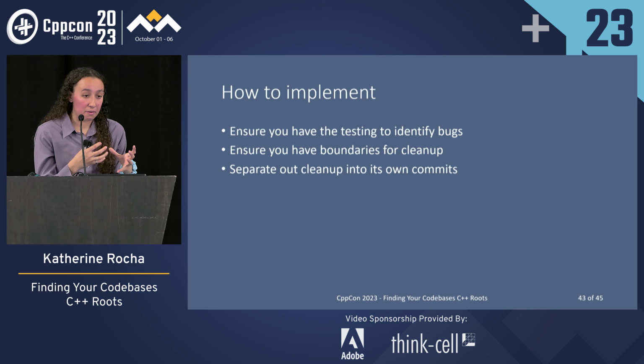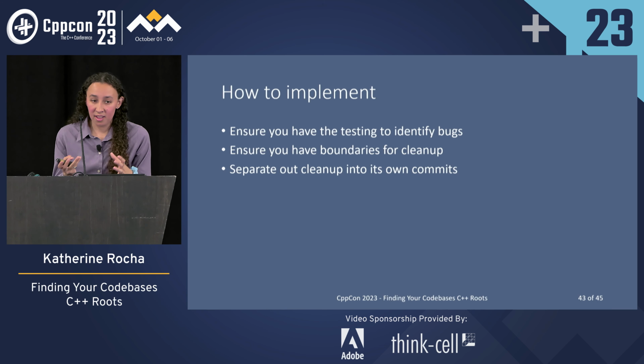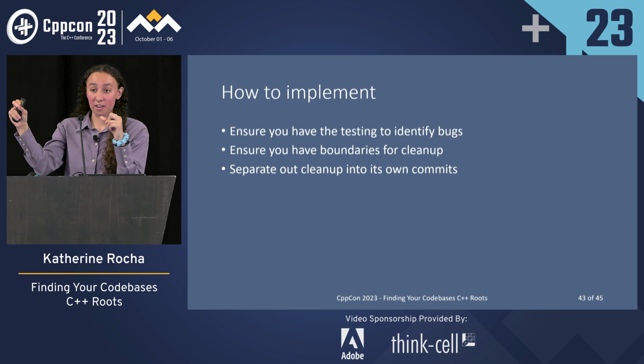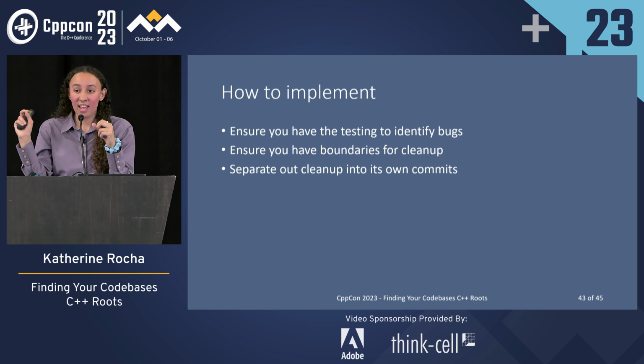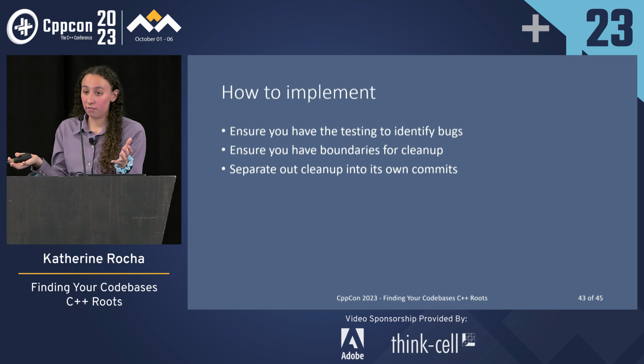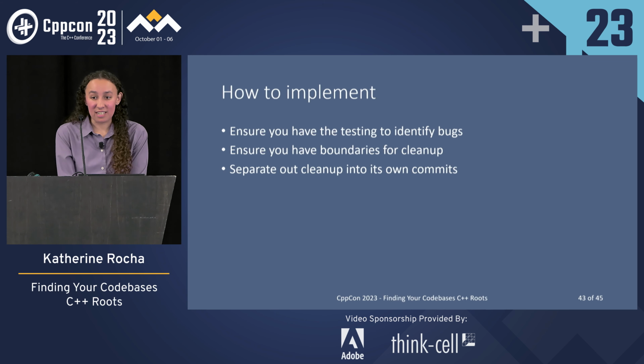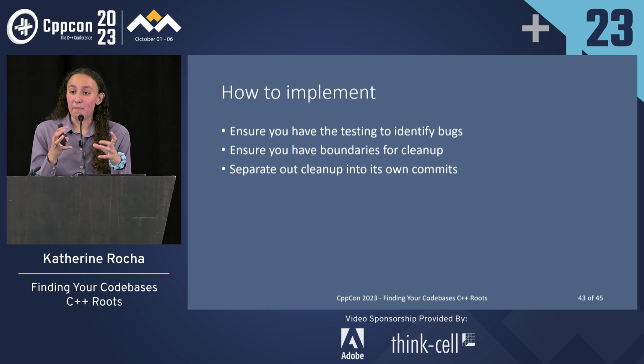Because the minute we don't have boundaries and we're looking at old legacy code, you look at one little section, and that one little section ties back to another function that ties to another function, and suddenly you've changed over 100 files, and everyone's looking at that code review like, why did you ever do this? And you're like, but it made sense as I'm working down the tree. And so that makes it really difficult, and we have to have those really hard boundaries to ensure that we're actually cleaning up the right things and cleaning up the things that are important for looking at code in the future.